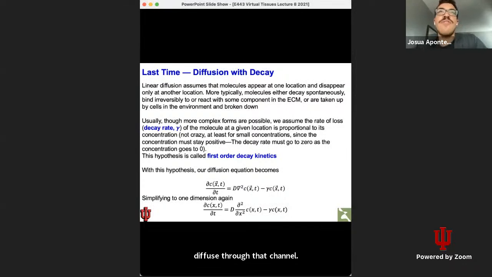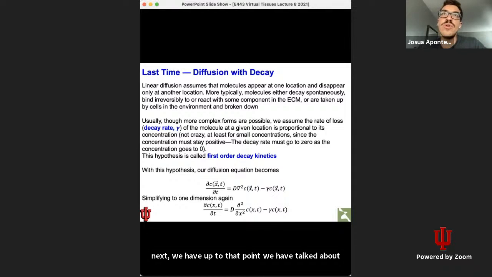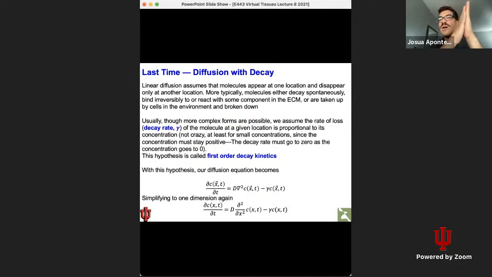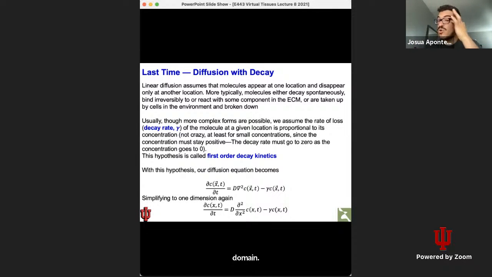Next, up to that point, we have talked about diffusion without taking into consideration any decay of the molecules. So in terms of the biological model, all we were representing was a molecule coming out of a particular source, which was mostly an edge, and moving or diffusing through the simulation domain, either without any sort of barriers, or with membranes as barriers,